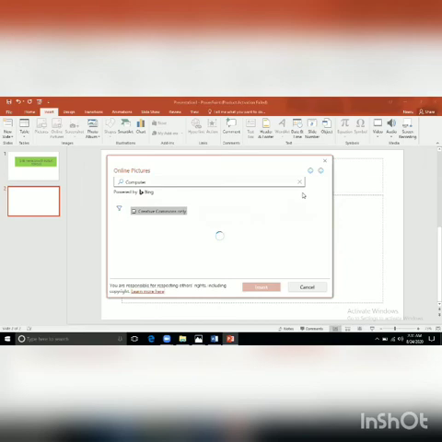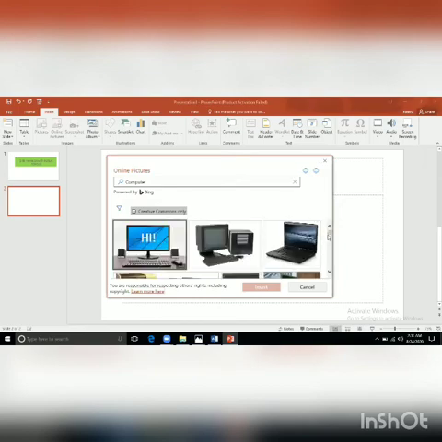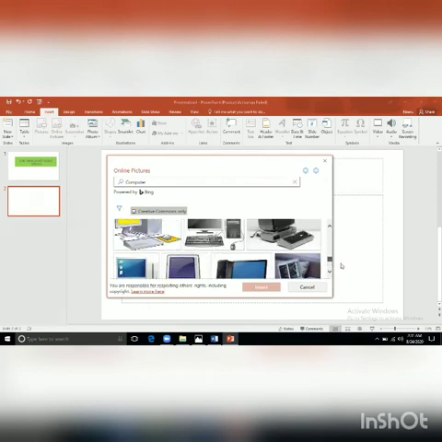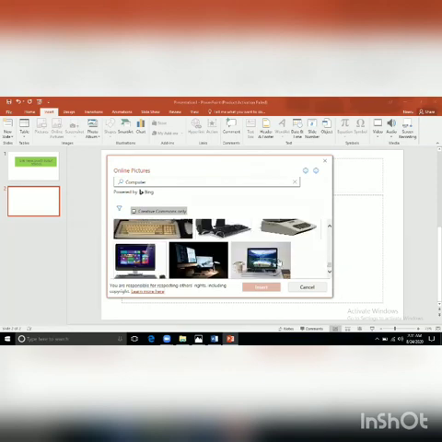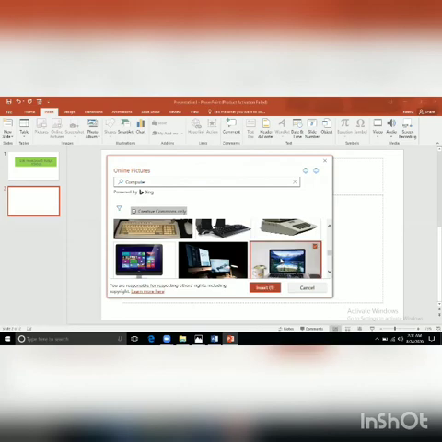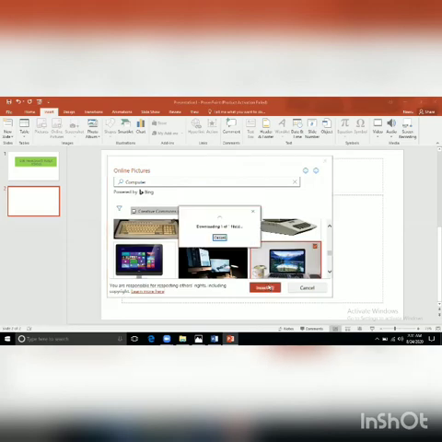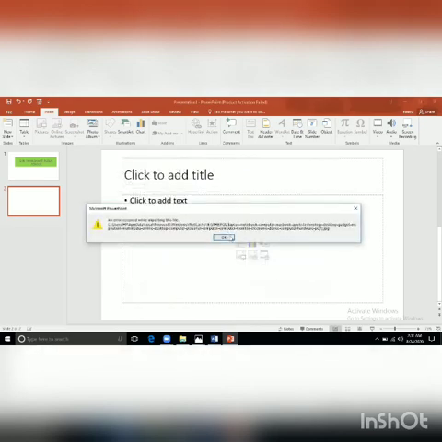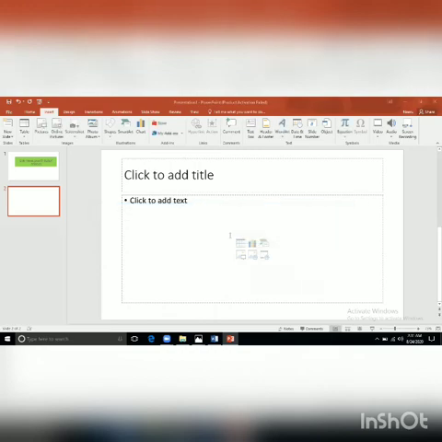So you can see here which one you want to take. Just select that one and then click on insert. It is not spotting, so we can take any other picture.